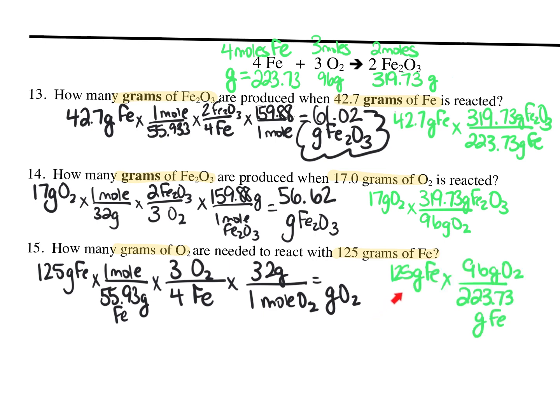If I like the other method, I've got my 125 grams of iron that I'm given. I'm going to come up here. I don't want iron, so 4 moles of iron would weigh 223.73 grams. So that goes on the bottom because I don't want it. I want to find my grams of oxygen. 3 moles of oxygen would weigh 96 grams. So that's what goes on the top here. So you're going to get an answer of